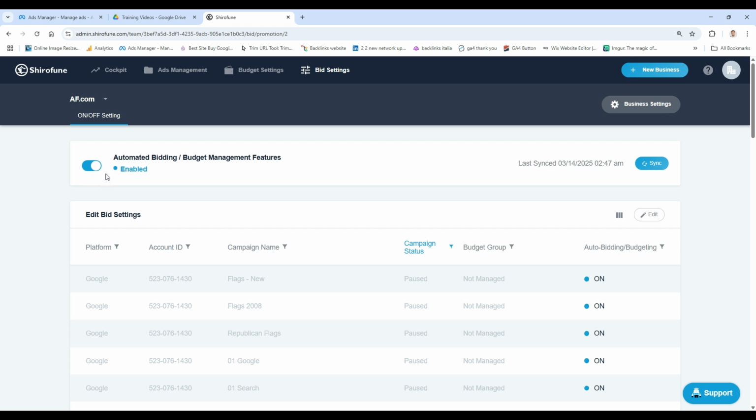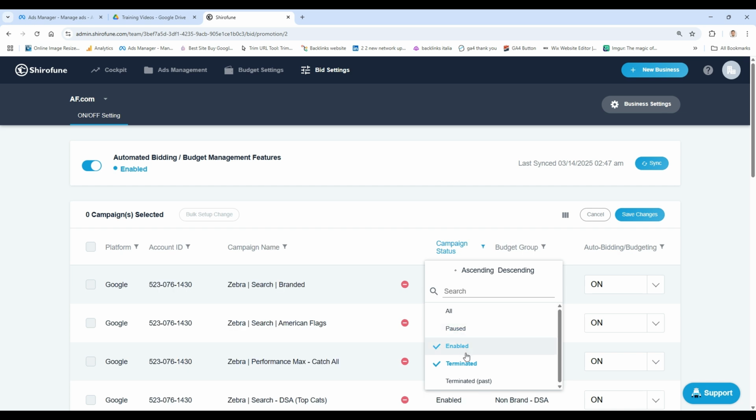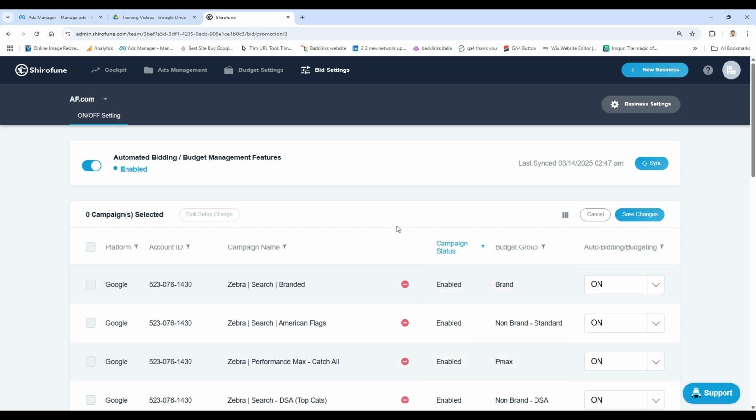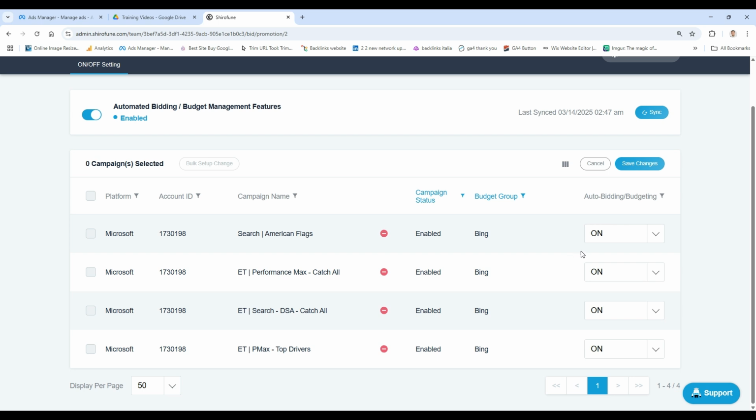You want to have this as enabled, and right here, click on edit on the edit bid setting table, and you start by removing any campaign that is not enabled to make things easier, and you want to decide what budget group you're working on. So for example, let's select BIM here as a budget group. And right here, I can turn off these campaigns in this budget group to not have Shirofune optimize budget, bids,